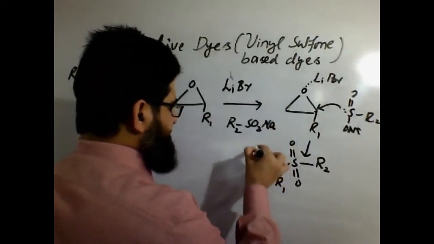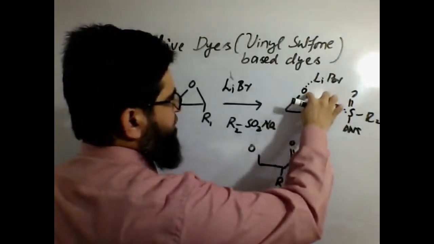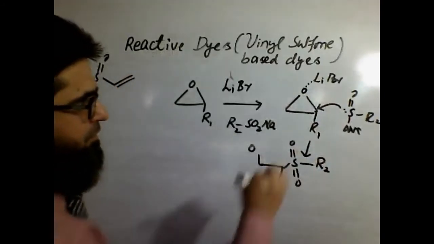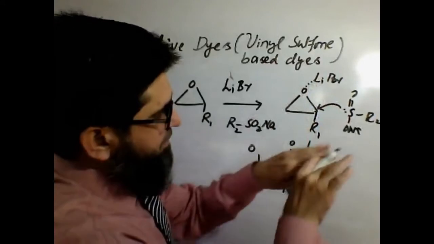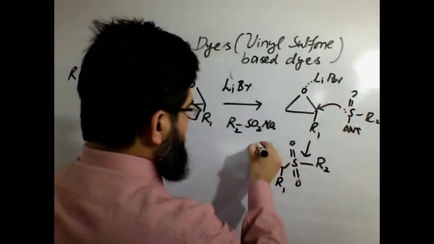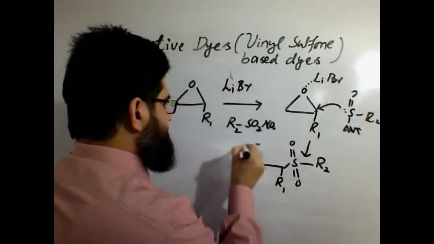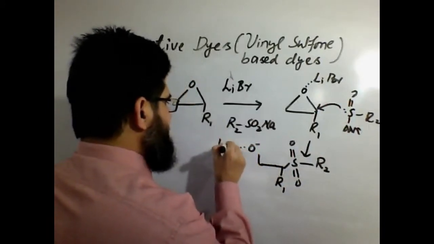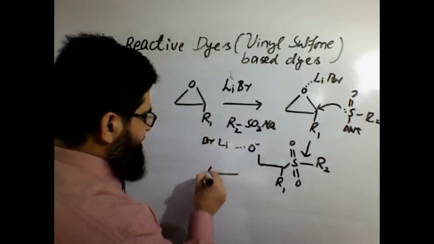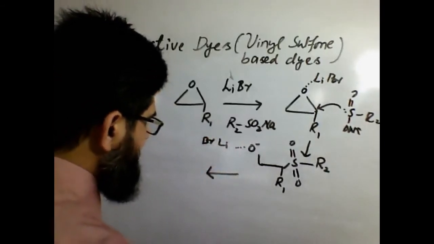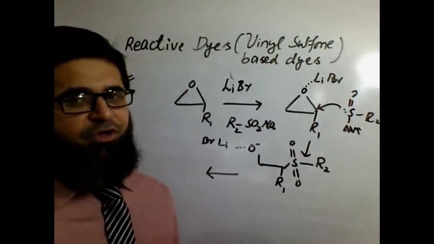And here is the oxygen from the hydroxyl group, the one which has come from the opening of the ring, supposed to carry a negative charge, having a sort of interaction with the lithium bromide. At this moment of time, we could introduce